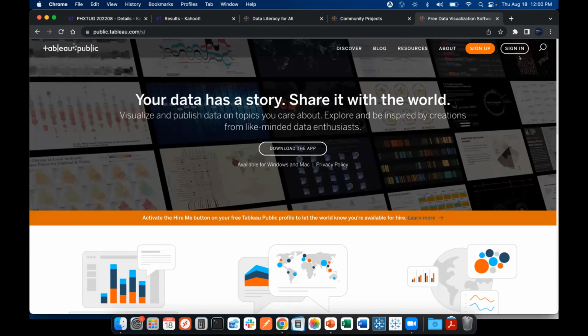Not only can you do that, but I know some of you have asked, how do I get jobs and things like this. With Tableau Public, there are visual resumes that you can create. There are all these programs that you're in, but also in your profile, when you go into your Tableau Public, you can actually set a flag now that you're available for hiring. So if you want to do some freelance consulting or development, check that flag.